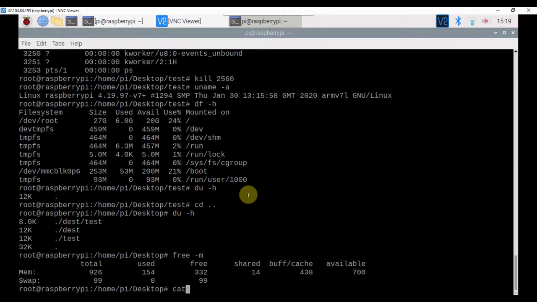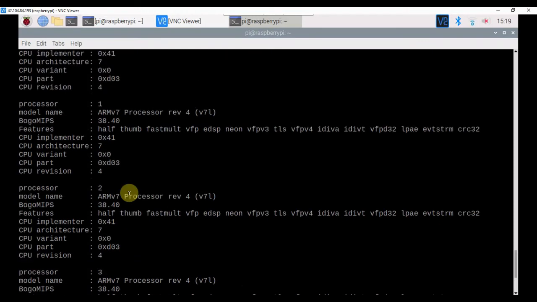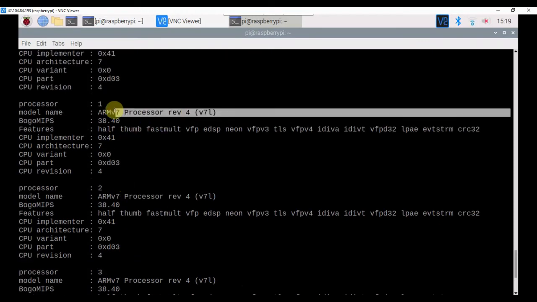Next command is cat space slash proc slash cpu info. This command gives the details of the CPU. We have used ARM version 7 processor.